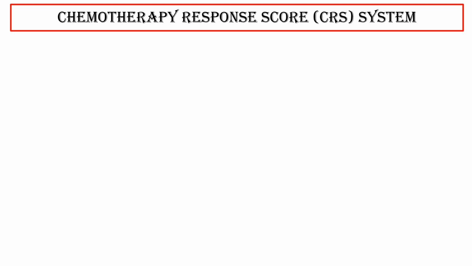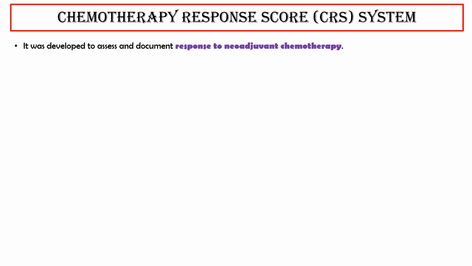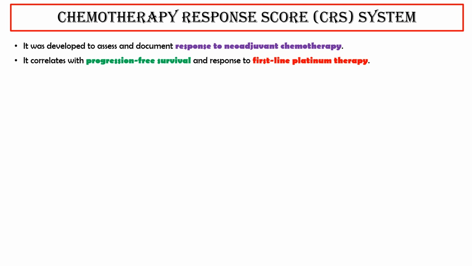Chemotherapy response score, CRS system. It was developed to assess and document response to neoadjuvant chemotherapy. It correlates with progression-free survival and response to first-line platinum therapy. The CRS has 3 categories. CRS score 1, no or minimal tumor response,